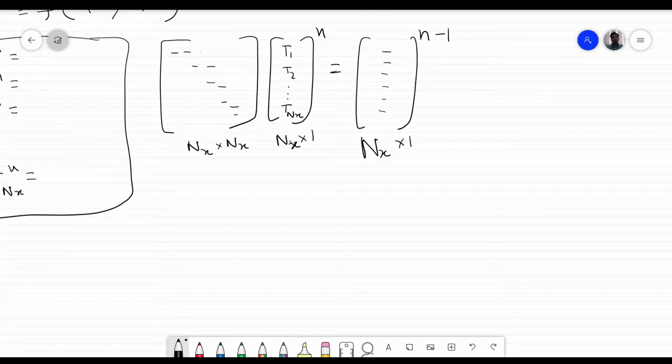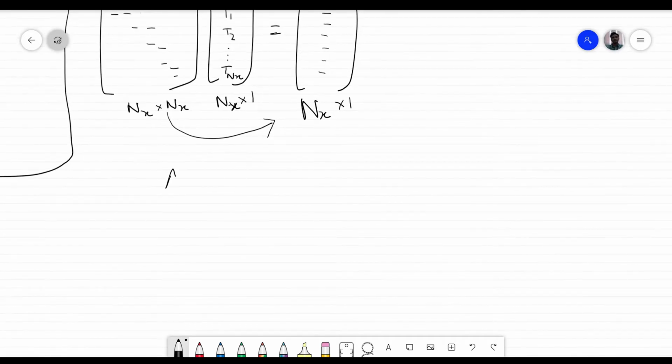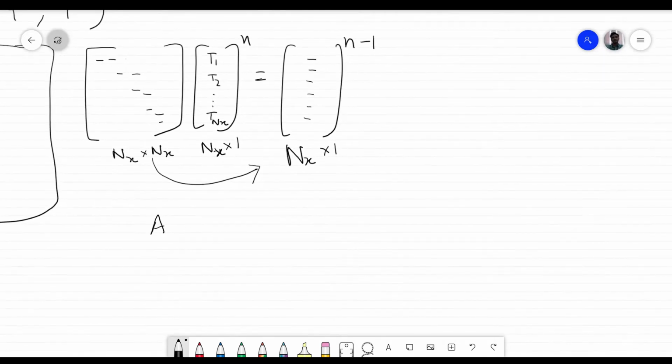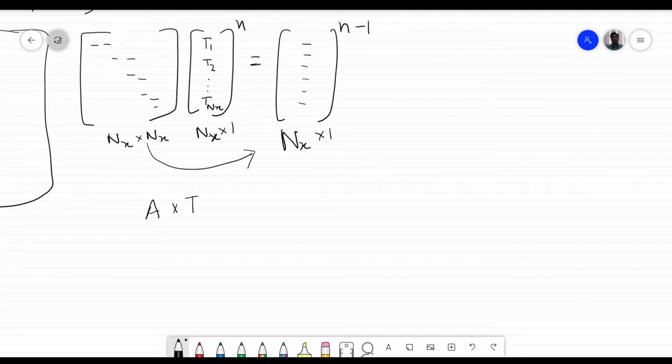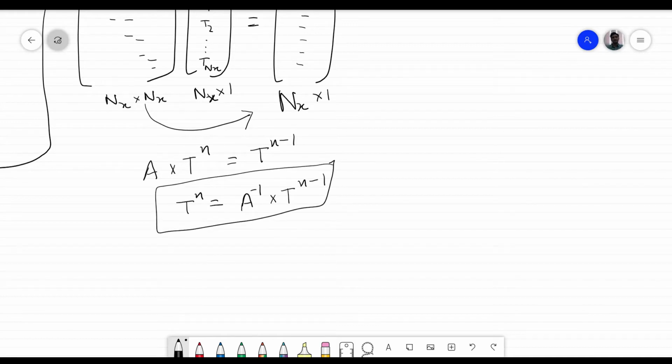Now the normal method that we know of is that you take this matrix to the right hand side, you take the inverse of this matrix, let us call it some A, and this is T at n equal to T at n minus 1. So the solution of this is A inverse times T n minus 1. This is how you get the result. This you have studied in your school probably,